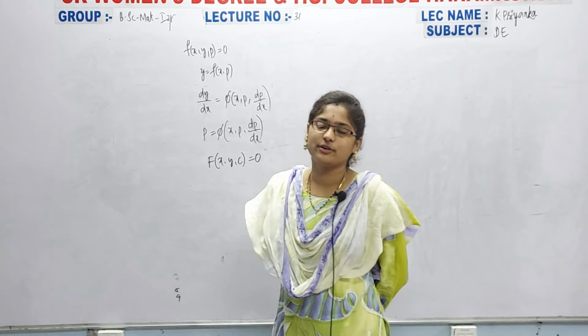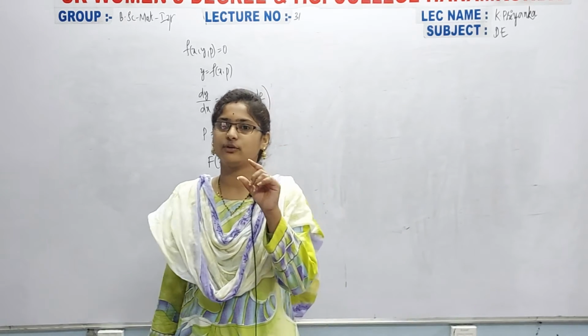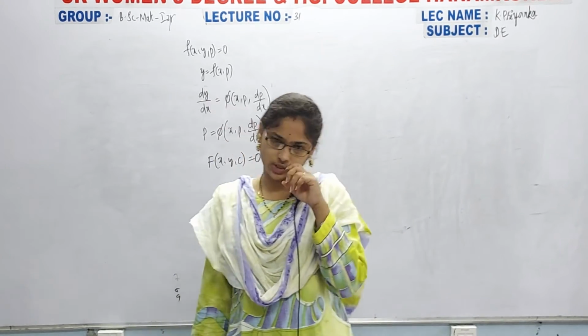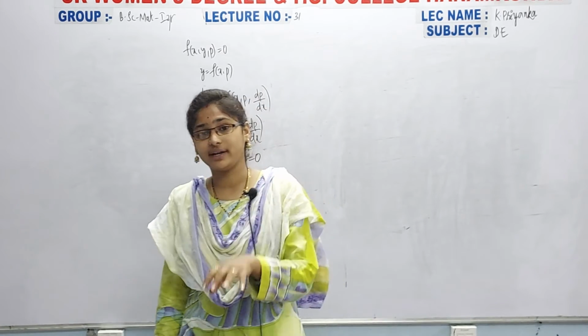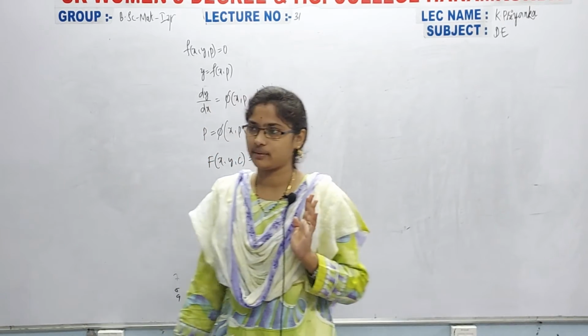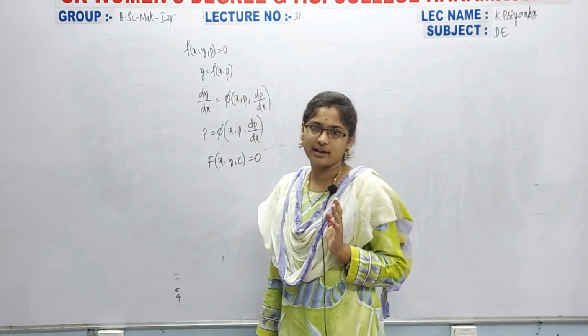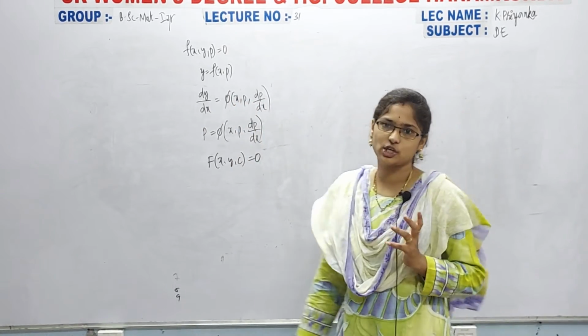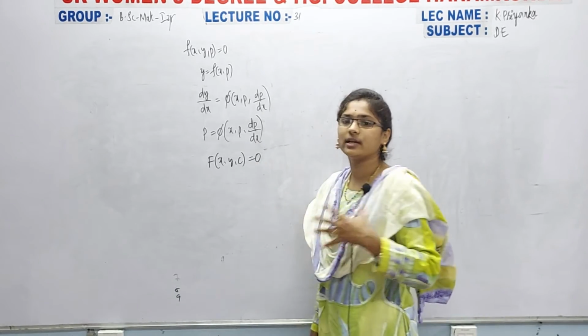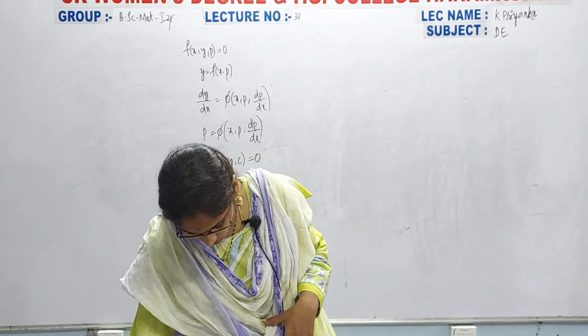Okay, so now simply what you have to do is first take the given question and identify how many y terms are there. Then simply calculate the y value from that. After taking the y value, take the differentiation with respect to x. Then finally we will get the solution for that. Okay, so now we will see that.